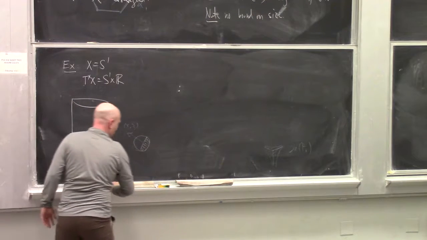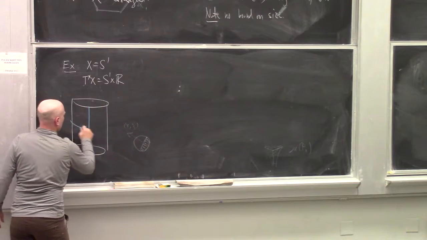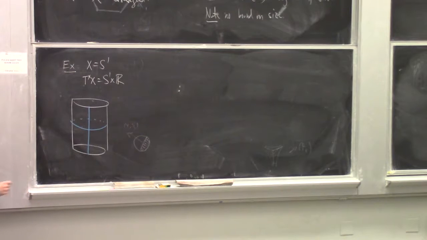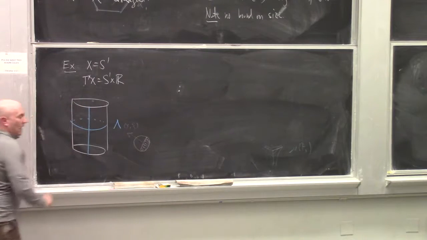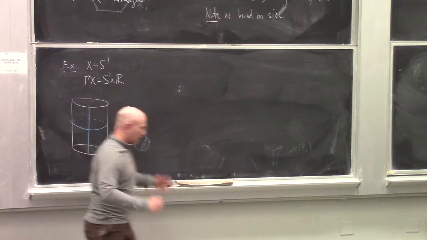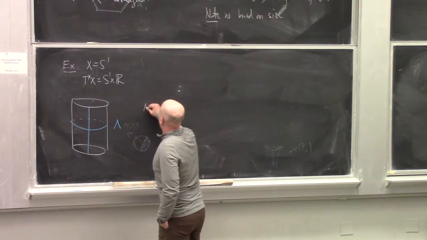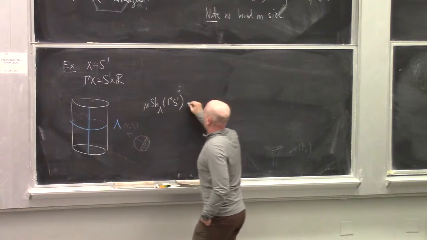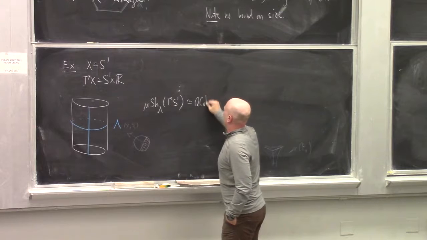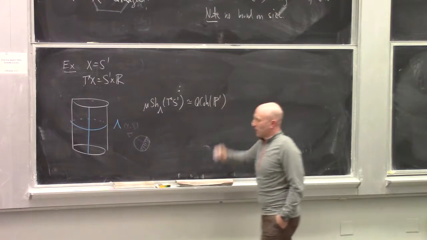And let's take our Lagrangian. I don't remember my colors, but I think my Lagrangians were blue before. Maybe purple before? Maybe the pair of pants was blue. Anyway, so here's Lambda. Now it's a good exercise, if you haven't digested this kind of thing before, to prove that microlocal sheaves on this Lambda, on T*S1, are equivalent to quasi-coherent sheaves on P1. So this is a kind of mirror symmetry.